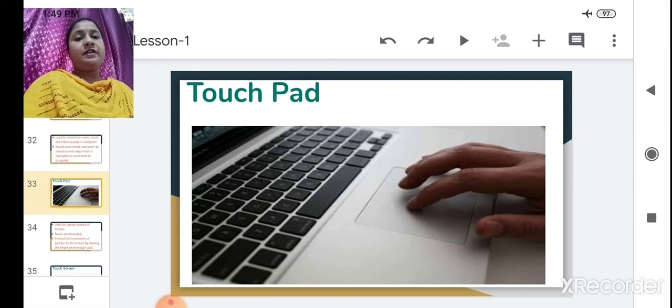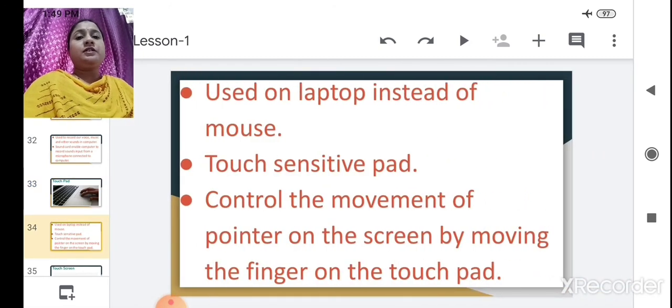As our finger moves, the pointer will move. So it works by sensing our finger's movement and downward pressure. If we put a little pressure, if we tap on the touchpad, the folder or file will open. Got it? This touchpad is used on a laptop instead of a mouse.